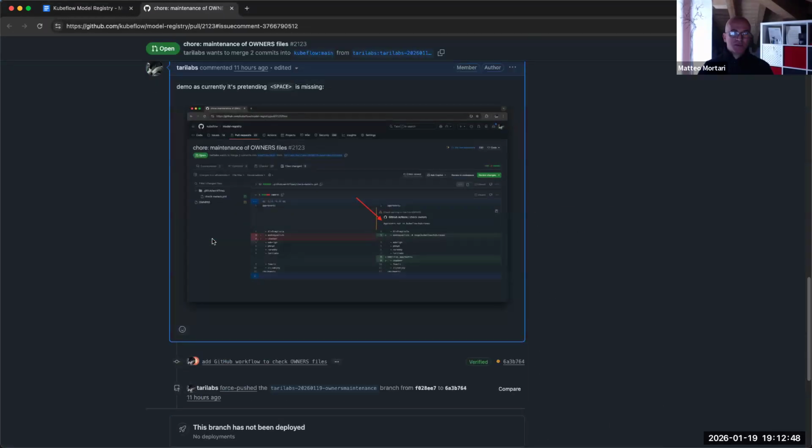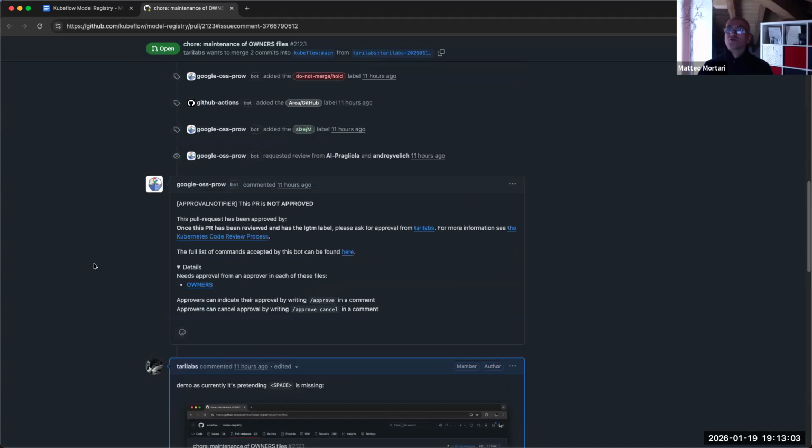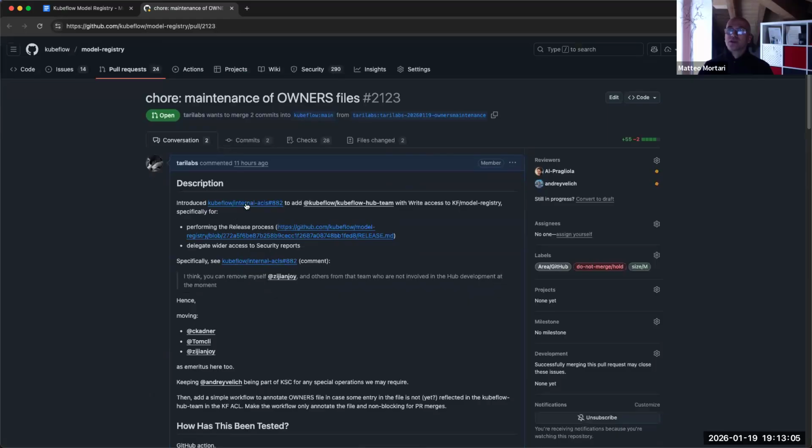One thing that I've introduced recently, I've been speaking with the KSC. So we had the bus factor a little bit limited with regards to some repo operations, like performing the release, checking the security CVE reports and things like that. So to address this, I've created an internal ACL in agreement with the KSC, like other working groups have.